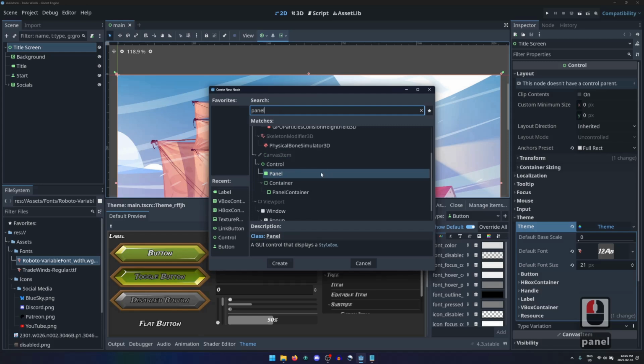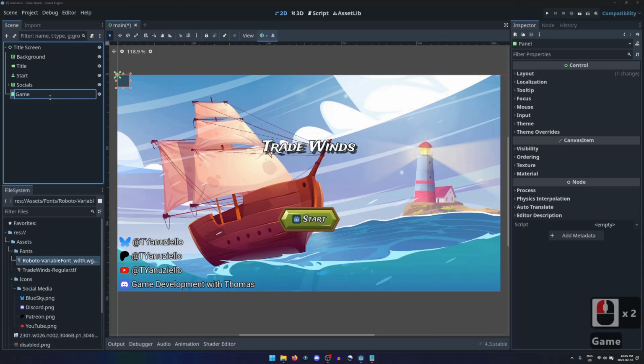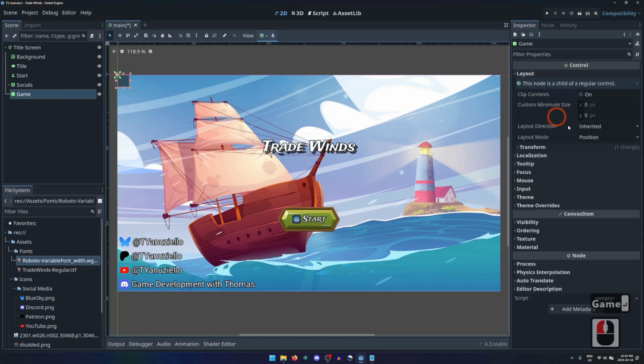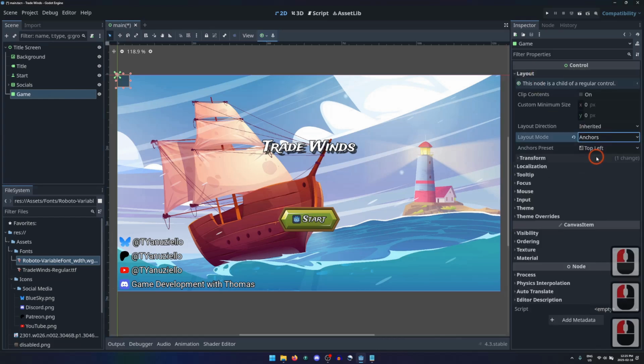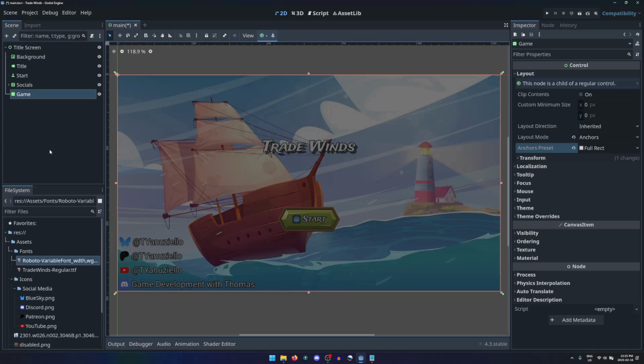I don't want just a simple image, so let's start by adding a new node to our scene, this time a panel node, and rename it Game. Panels don't really do anything more than a standard control node, except that they also draw a style box. Let's set its anchors to full rect so it covers the entire window. The default style box for a panel is the same as a button, just a semi-transparent black rectangle with rounded